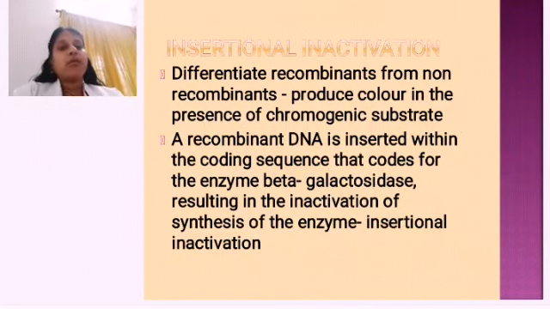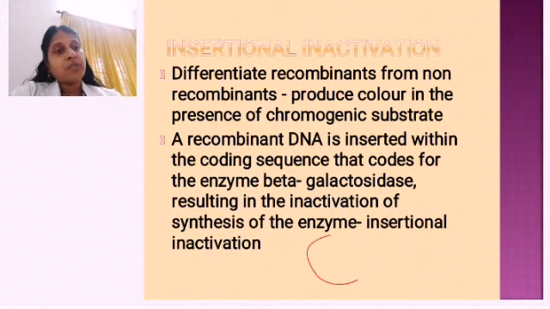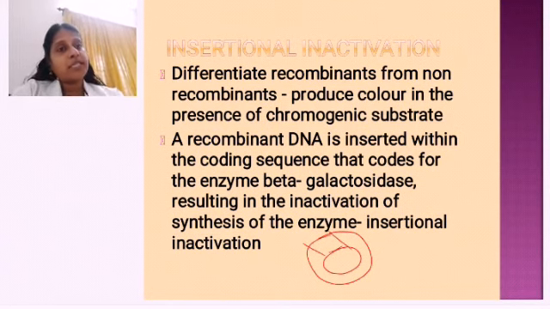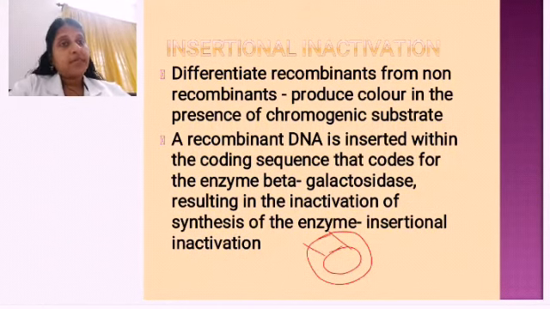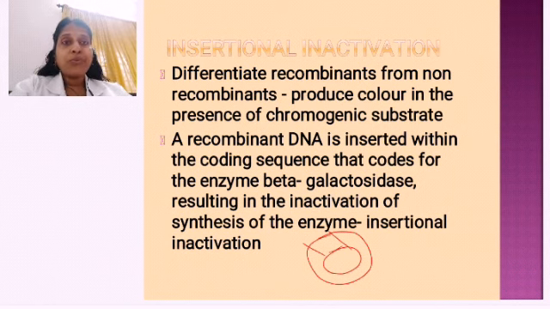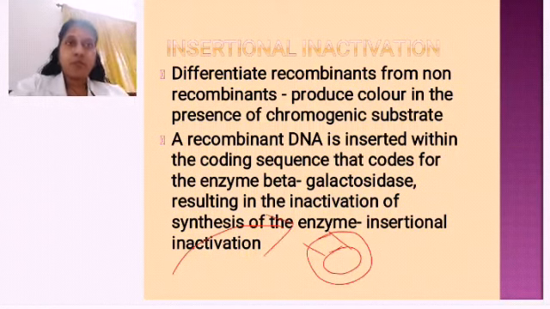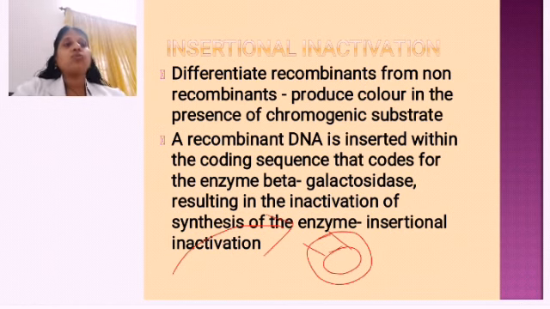So I have taken out a plasmid. Into that plasmid, this is the gene which is coding for what? Beta galactosidase. If this gene is coding for the beta galactosidase enzyme, then the bacteria will remain what in color? Blue in color. Now what am I going to do? I am going to introduce my foreign DNA. Along with the cloning site, I am going to use this region also for inserting my gene of interest.